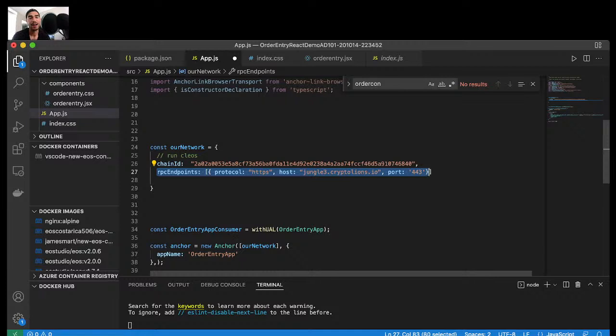on if you're running it locally, it'll most likely be an HTTP protocol, which isn't obviously secure. But if you're interacting with more of the public testnets, it's going to be an HTTPS protocol. And then you're going to have your host address. In this case, it's jungle3.cryptolions.io and the port. And I'm going to show you guys where you find this information, because essentially what we're